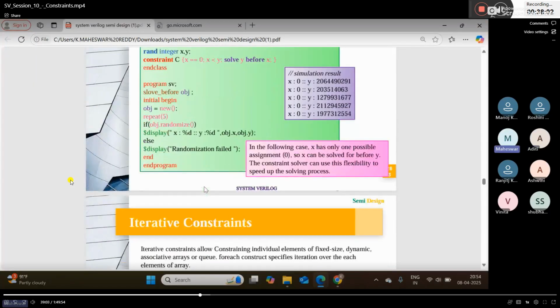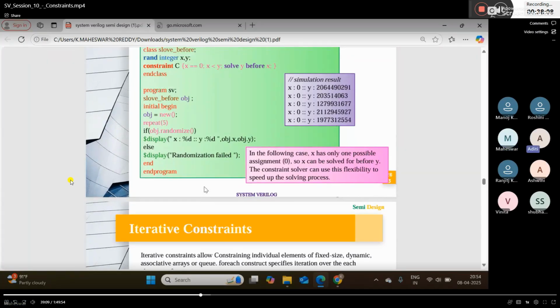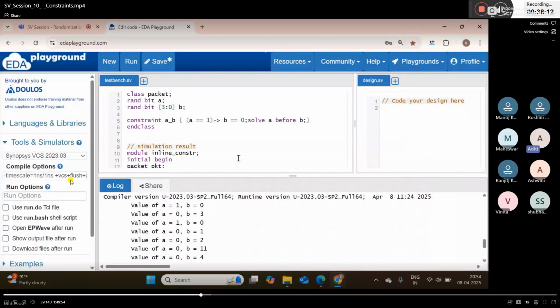Sorry, initially I took the wrong example and I was searching with these values. Sorry for that. One doubt: the previous code where you showed the example, that is also the same, right? We are only applying some condition. So what is the use of solve before? Yeah, see this, when you keep this,